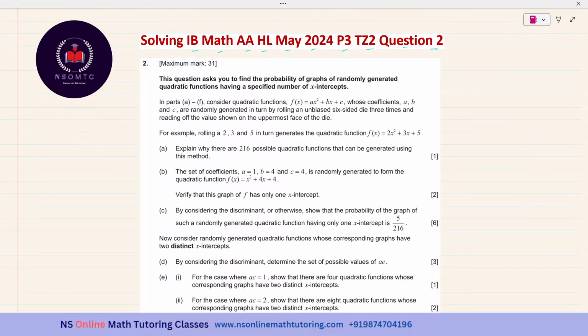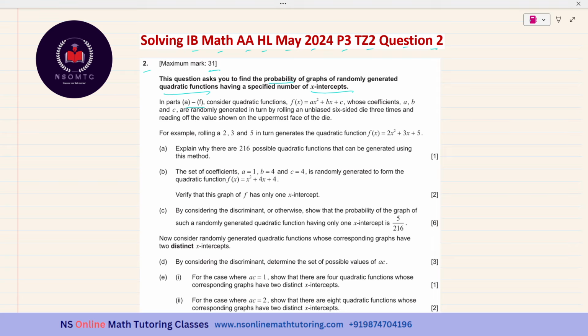So without any further delay, let us start to solve this question number 2. The maximum mark is 31. This question asks you to find the probability of graphs of randomly generated quadratic functions having a specified number of x-intercepts, that is the zeros. In parts A to F,